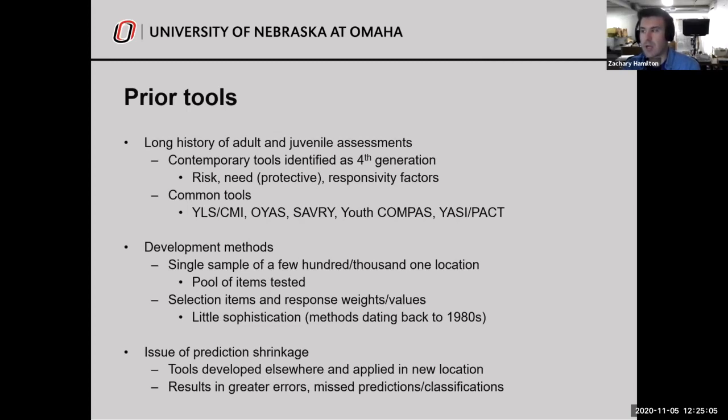It was just educated judgment based on experienced individuals working with youth, and then they worked their way to tools that were only based on criminal history or static predictors, and then needs items or protective factors were added in the third generation, and then in the fourth generation, there started to be items that would track responsivity factors, or elements that would make somebody a good or a poor fit for programs and interventions.